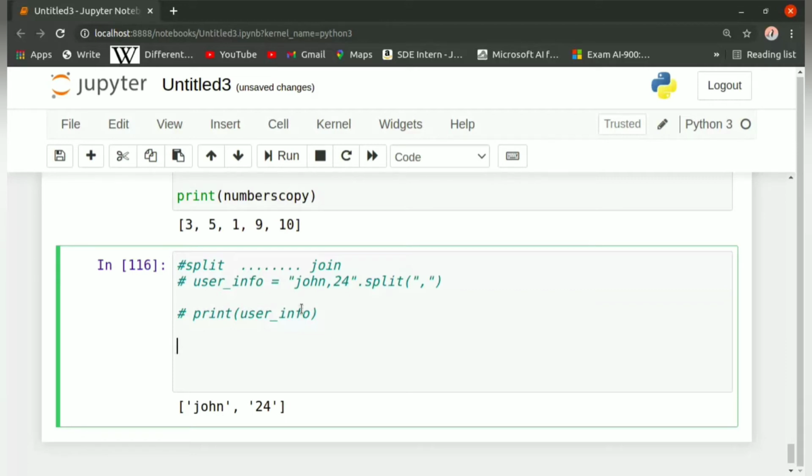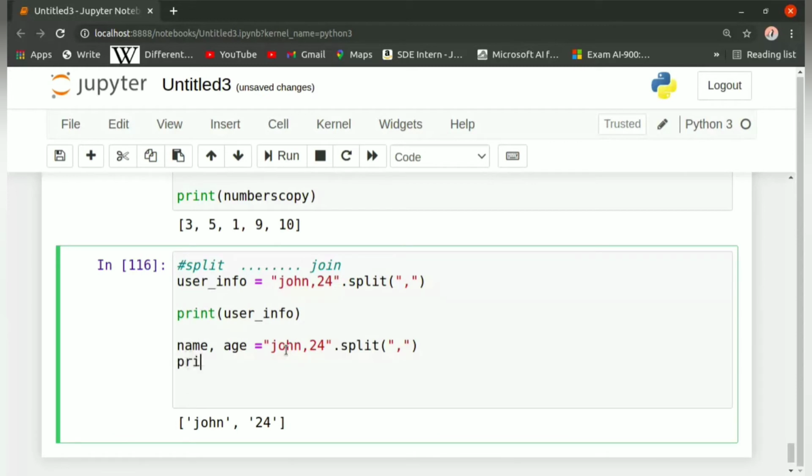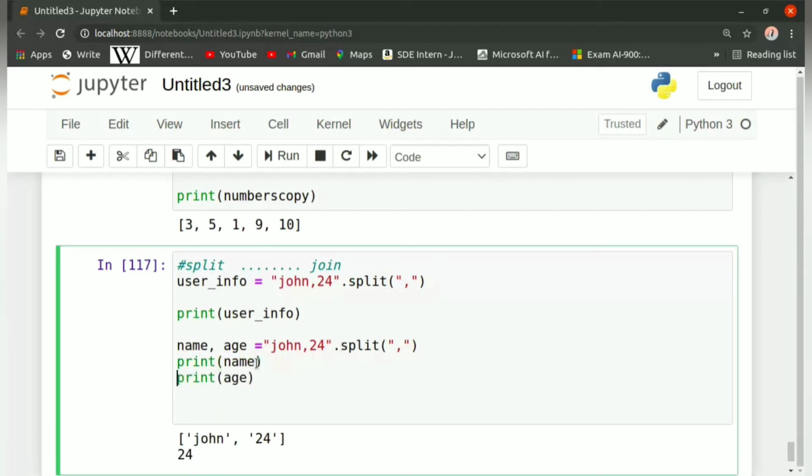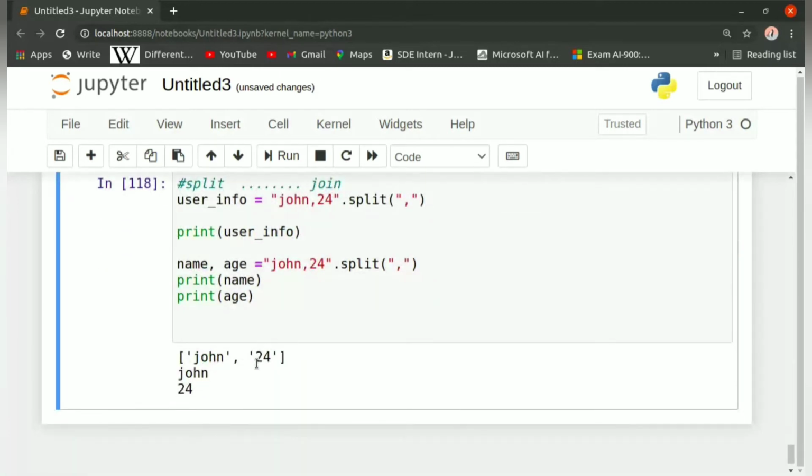So we'll write name comma age equal to "John,24".split(","), and now we print name, and in the next line we print age. Let us see what is the output. So we are getting John and 24 in different lines. That means the variable name has John and age has 24 stored in it.